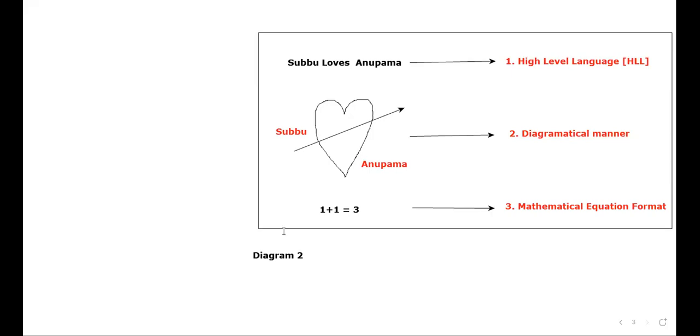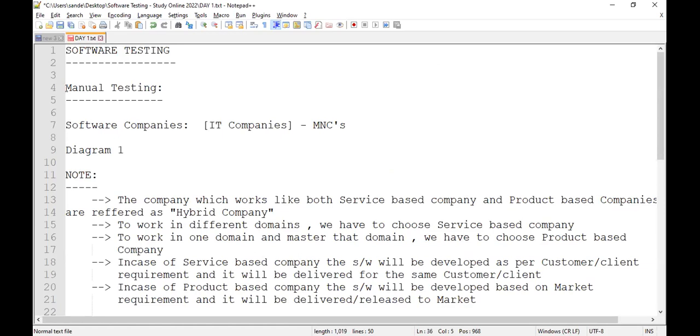In these notes, what I have written first is manual testing. So, what is manual testing, sir? Testing the software manually is called manual testing. I have not told the diagram why, because still you people are not aware of what testing is, what manual testing means. You don't know anything. Fine, that's the reason I am teaching from scratch.